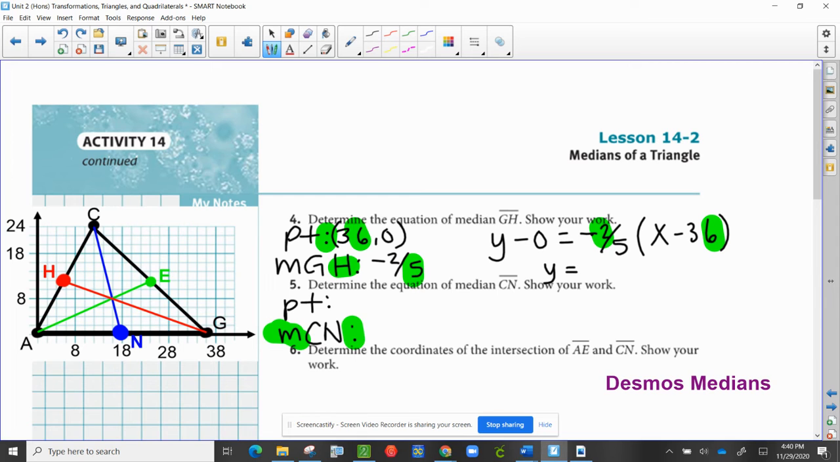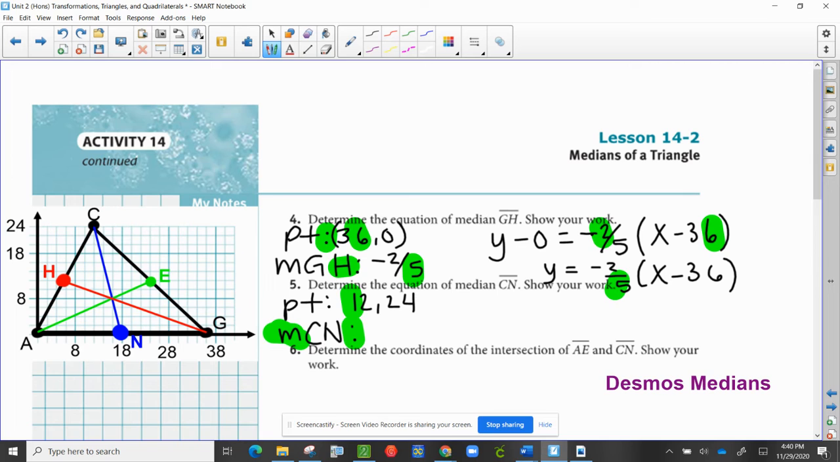Now, I don't really want to deal with the fraction, so I'm just going to leave this in parenthesis form because I'm going to use Desmos here in a second. Instead of solving this by hand, I would distribute that -2/5 in, but let's work smarter, not harder here. For number 5, the point I'm going to use is point C, so that's at 12,